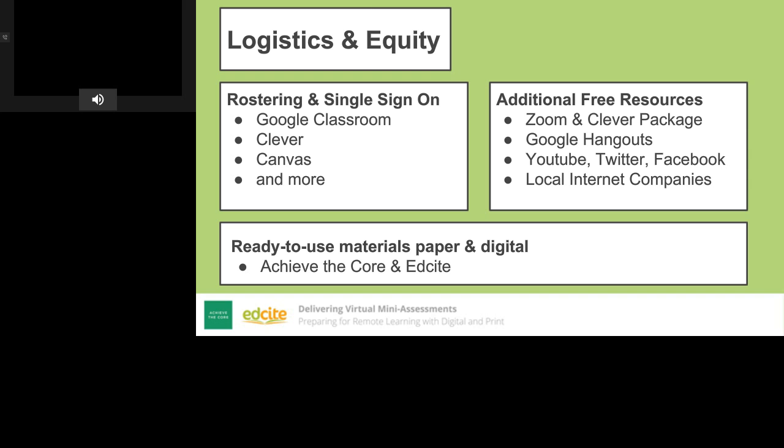So we're talking about the rostering, we're talking about the logistics, and we're just always remembering that we need to make sure we're bridging that gap to keep equity in mind. So when we're talking about this middle section of bridging that gap, we need ready-to-use materials in both paper and digital. And that's why this partnership with Achieve the Core is really